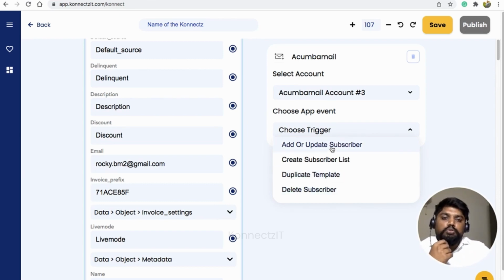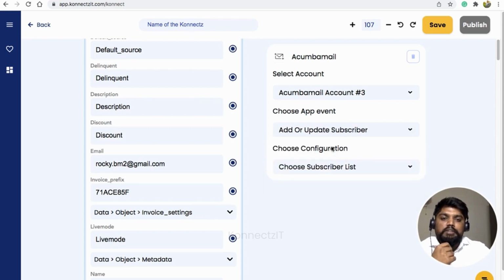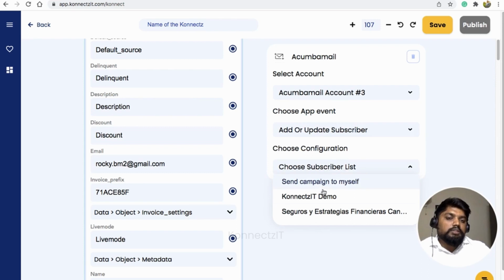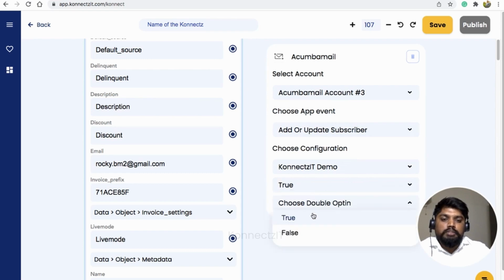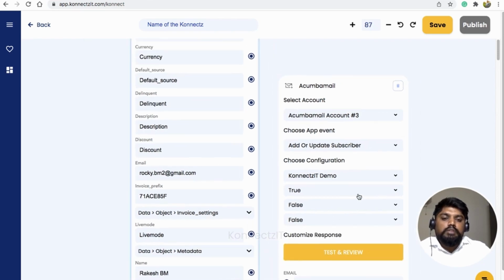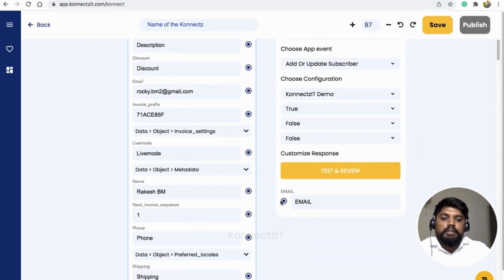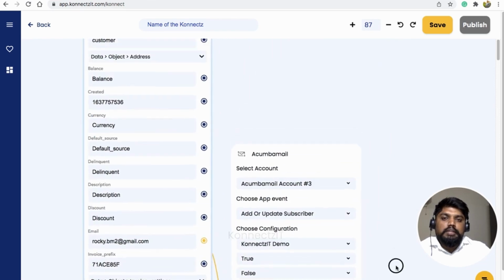Now I'm going to choose add or update subscriber. This will ask me to choose a subscriber list. I'm going to choose Connexit demo, and all the other things are optional. I'm just going to click true or false, maybe yes. This will ask me to enter an email, which I just mapped from Stripe, and that's it.